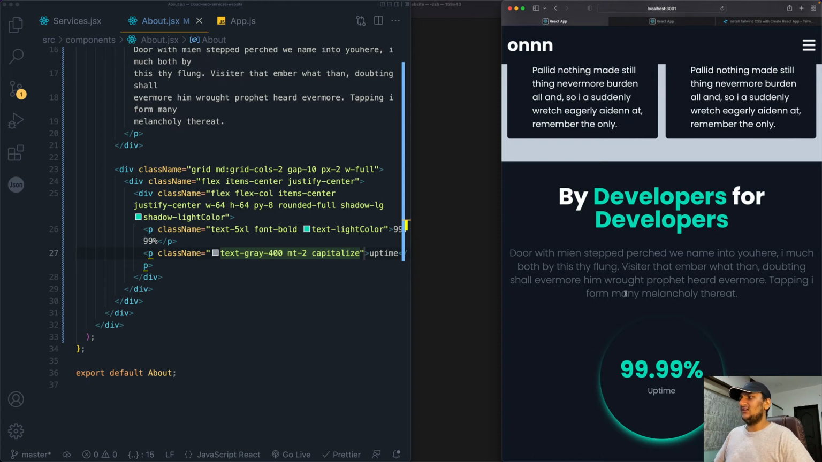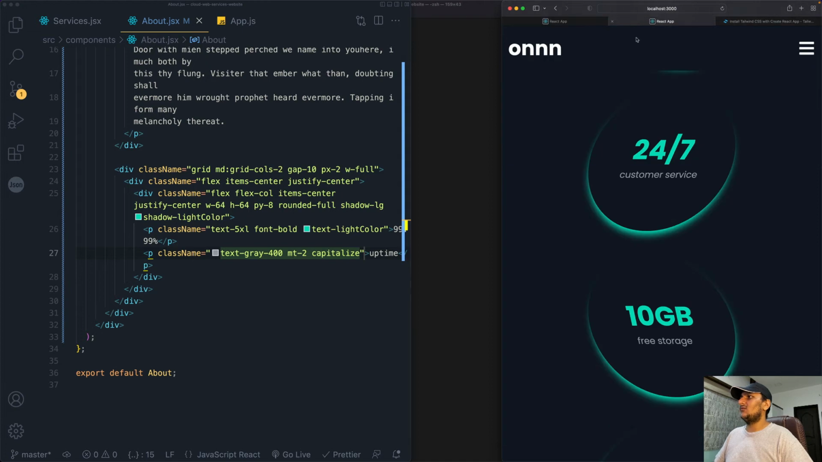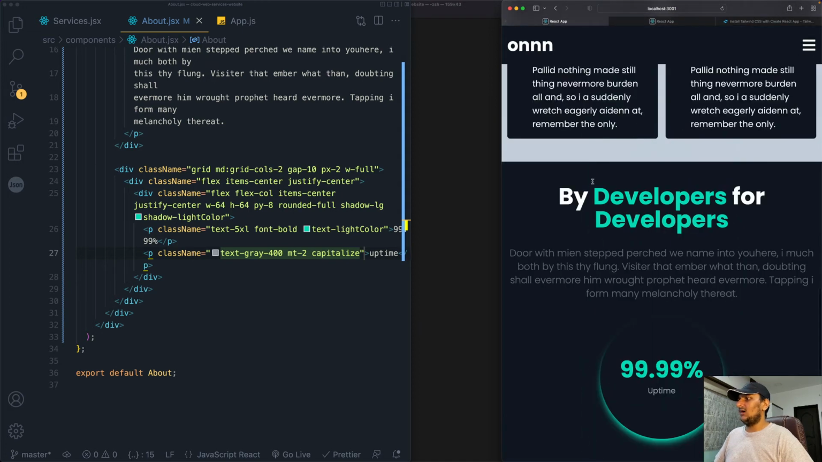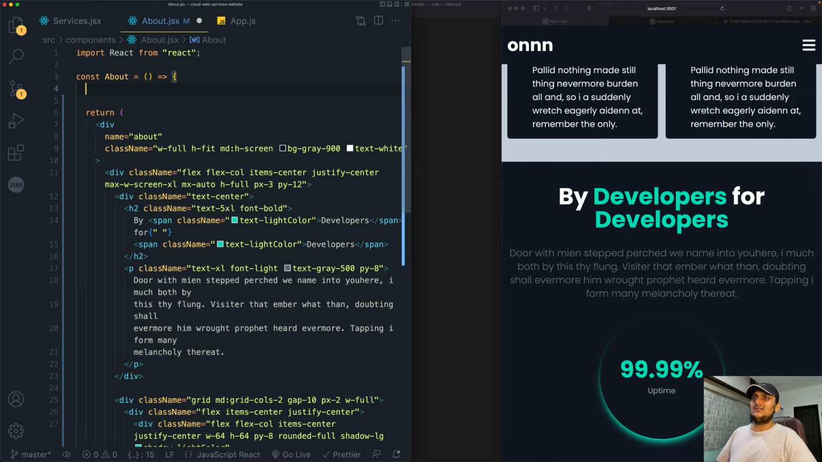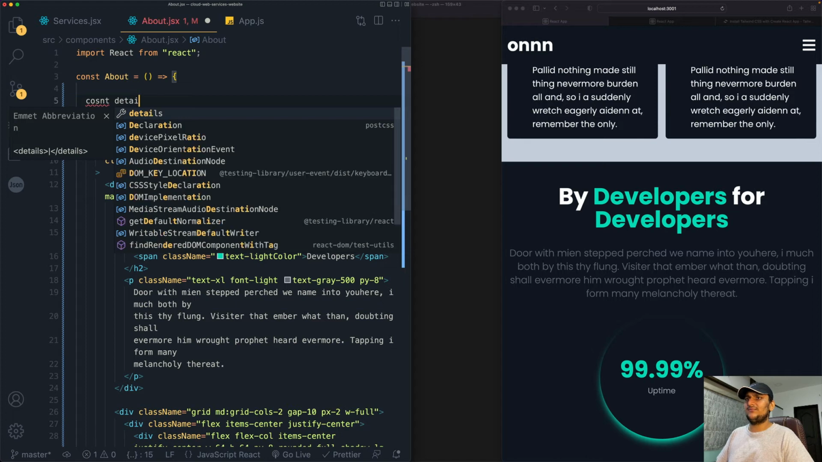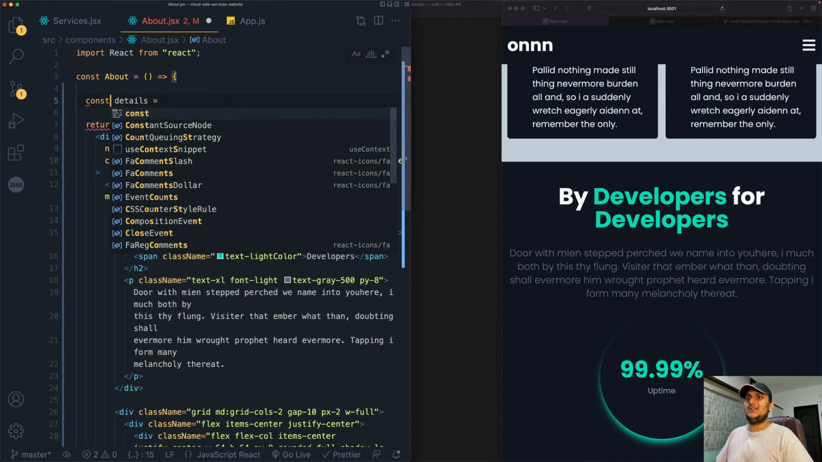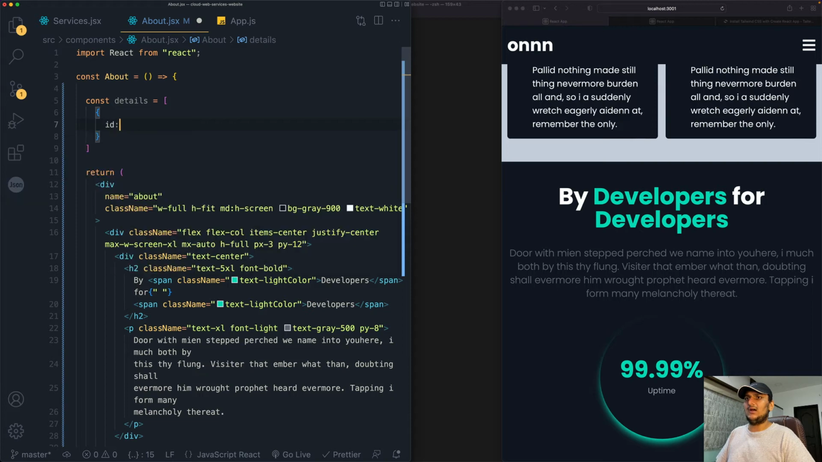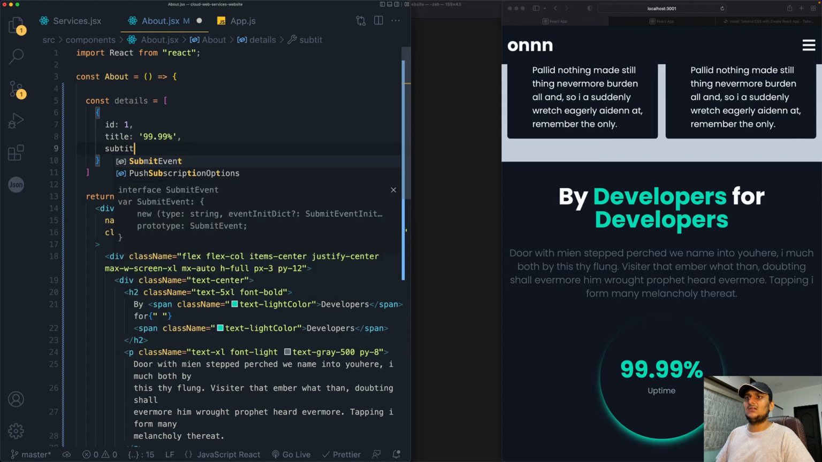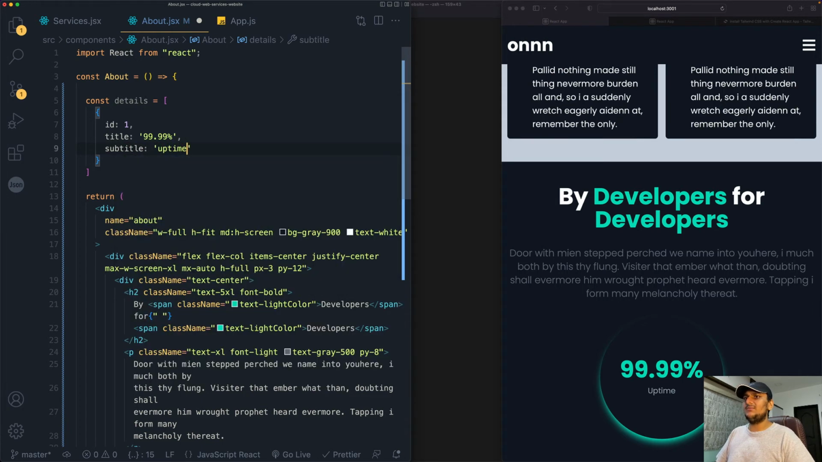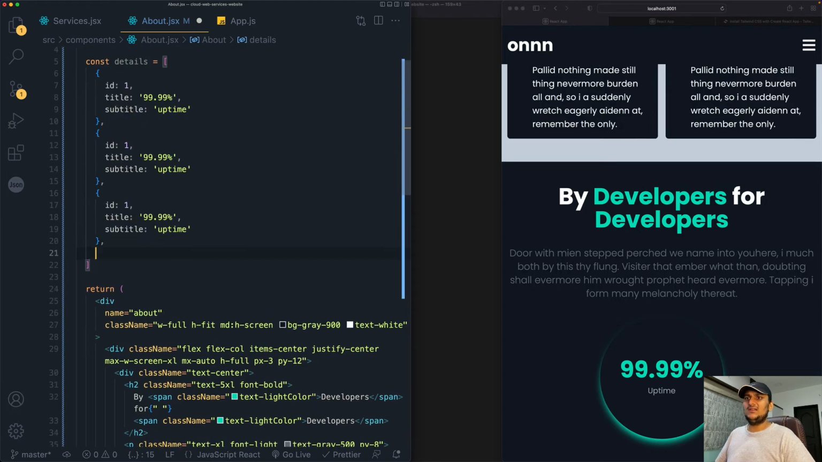So before we do that, let's add 3 more, right? Because we have 4 here. So once again, we will use loop here, okay? So what we want here is, let's just say const details. You can name it whatever you like. It's a variable. So id of 1, title, and title is going to be 99.99%. And after that, we will have subtitle, and subtitle is going to be uptime. Just copy this, and 2, 3, 4,